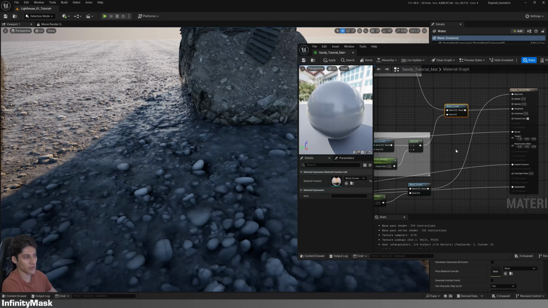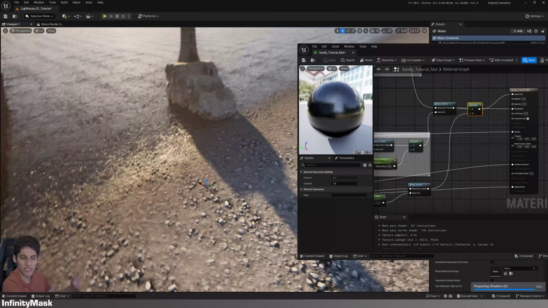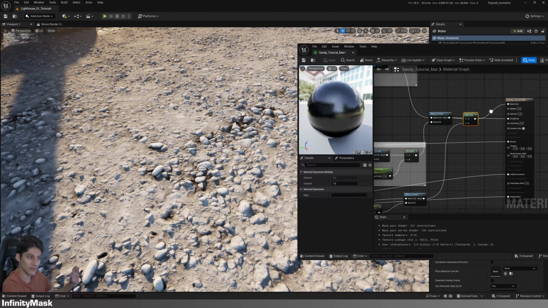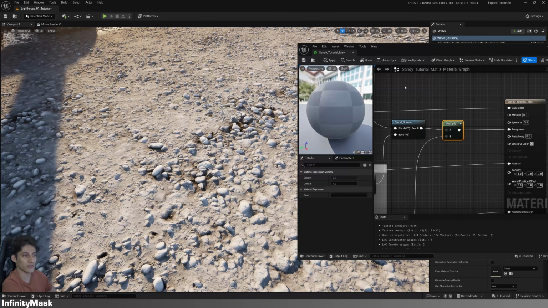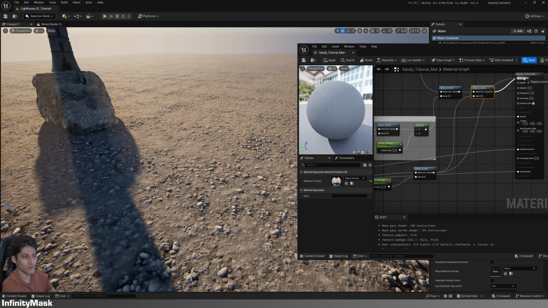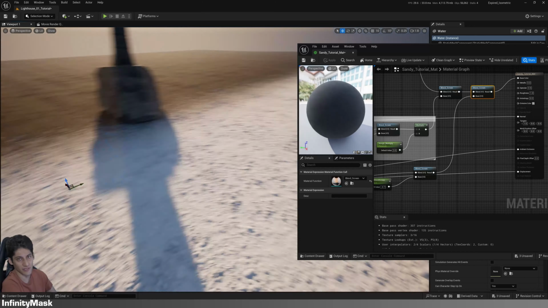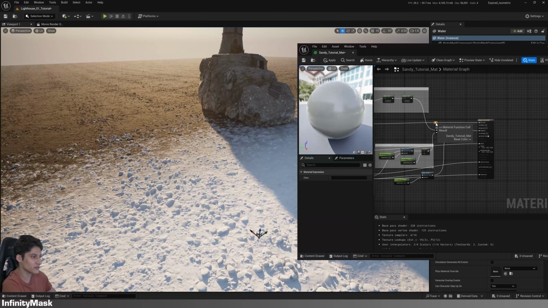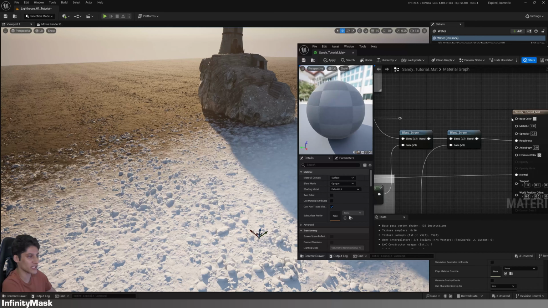If you use multiply to connect the result to the roughness nodes we had, it will darken other parts of the material too, making it look wet even where there is no water. Blend screen won't provide a satisfactory result either. Double click on this line to make it easier to reconnect the real base color.